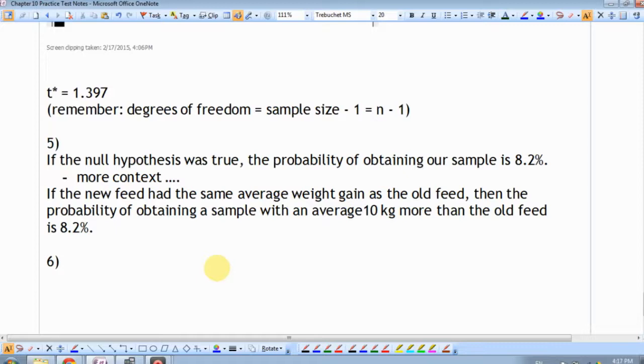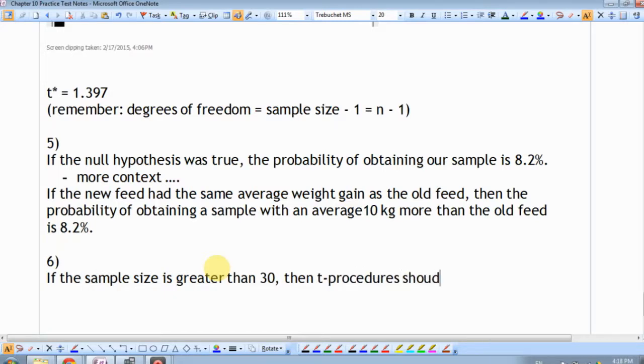Okay. And that kind of gets to checking the 3 graphs, right? Okay. So they've told you a few things. They've told you that the population is moderately skewed, right? Well, if we took a large enough sample, then it would be okay to use a T distribution, even with that moderate skew. So if the sample size is greater than 30, then T procedures should be safe